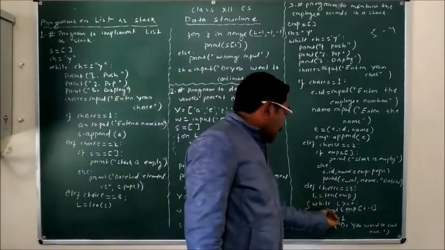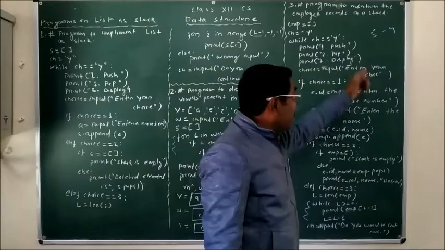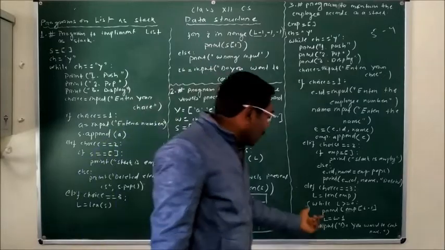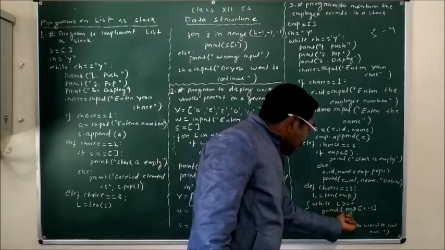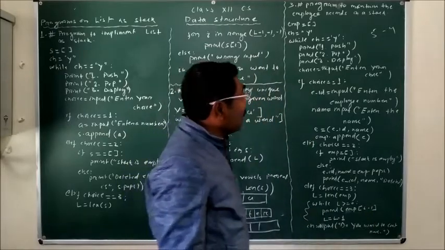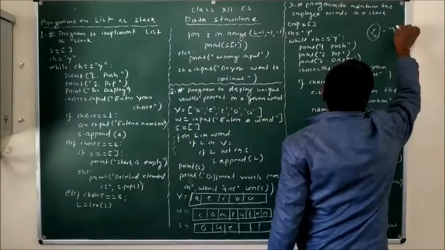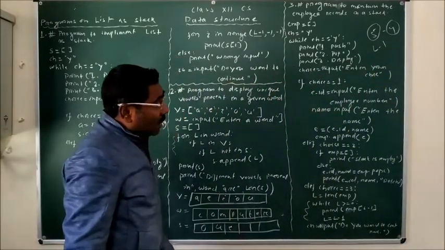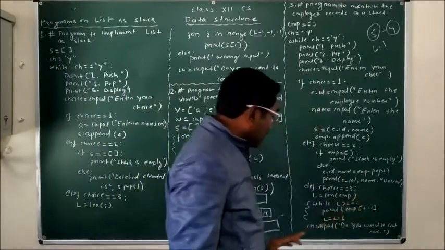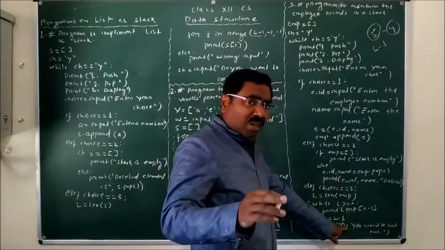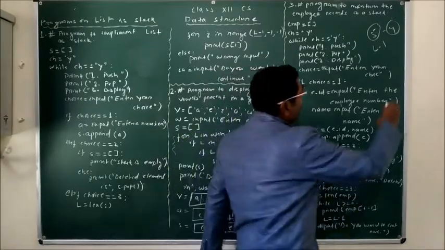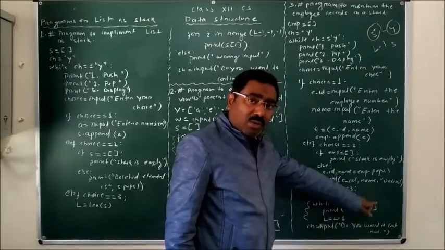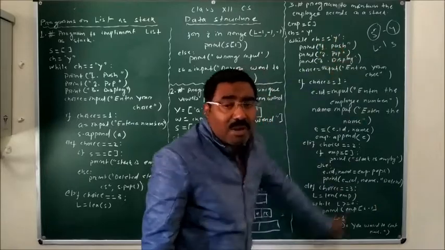So while L is greater than or equal to 0, L is 5 over here, and as long as it is greater than or equal to 0, it will display the following records. That is print EMP of L minus 1. Why is it L minus 1? Because L is 5 but the last index is 4, so we have to display starting from L minus 1. So EMP of L minus 1 will be displayed, then L is equal to L minus 1, so that it will decrease by 1. Now the value of L will be 3, it will be displayed, then 3 minus 1 is 2, then 2 minus 1 is 1. Likewise it will display all the records.